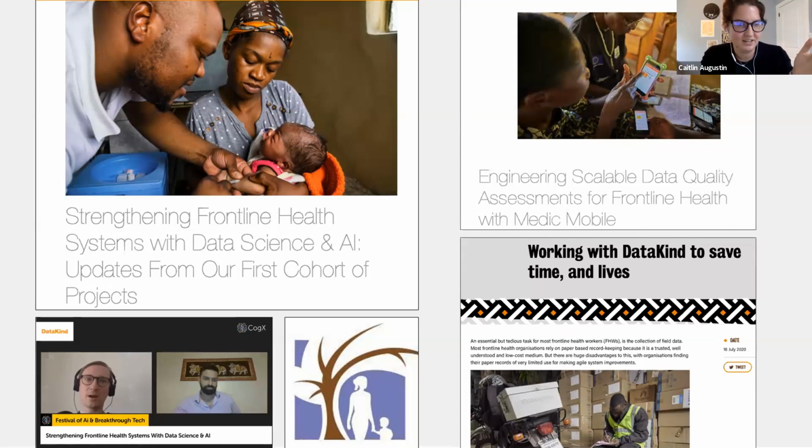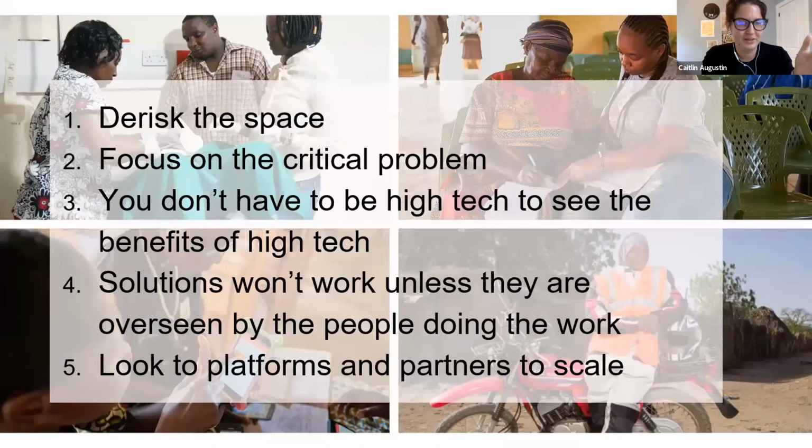So if you just click to the next slide, I'll close with a little bit of just some of our learning. Say, you have to de-risk the space. And I think that that's a conversation all three of us will be having in the next part of this conversation, that first actors need to be able to say, this is your problem and let's try to make a solution for it. And sometimes we'll fail. And that's why you need data-driven groups like the Rockefeller Foundation, like Wadhwani, like DataKind to say, we have that expertise, let us build you the prototype, let us show you what's possible.